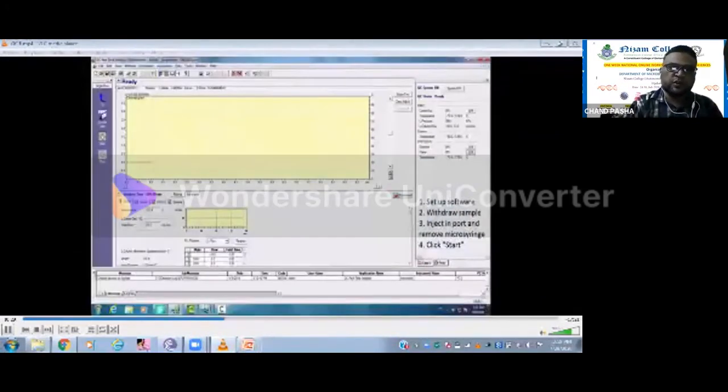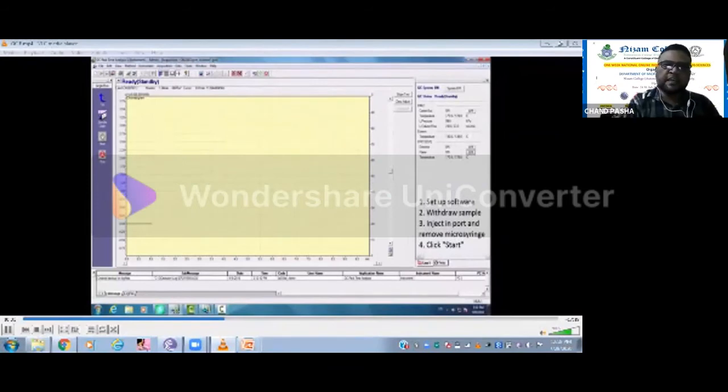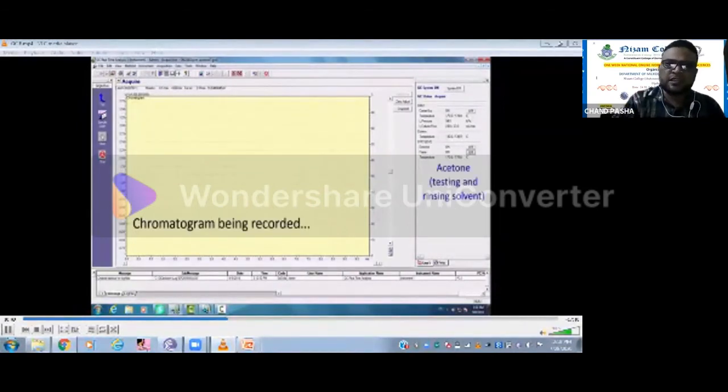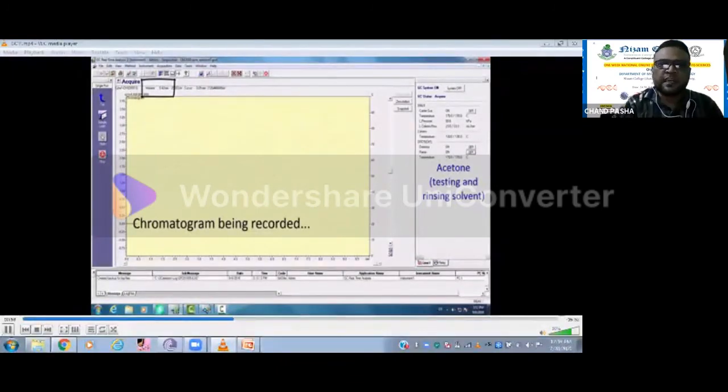As soon as you have loaded it over there, immediately it will acquire the method and start. See, it has acquired whatever method you have given to it. It will immediately start. This is the beauty of advanced systems. In earlier cases, we needed to press a start button, but here we don't have that. See, the time started over there. As soon as you have pressed the piston, it will start acquiring the information.